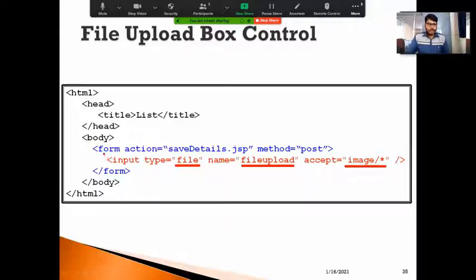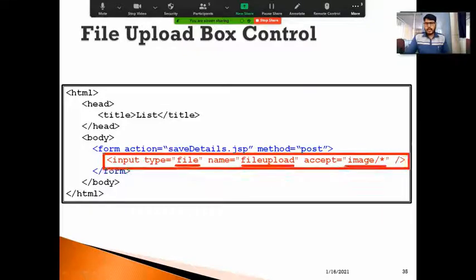So this is the way we include the input tag to accept a file, I mean the file upload box control. Here again we need to include this input tag within a form tag. As you can see here, this is the opening tag and this is the closing tag of the form. And as usual, we need to implement the action attribute, and also use the method attribute along with the form tag. So now let us see how we can include a file upload box control in an HTML form with a sample code here.